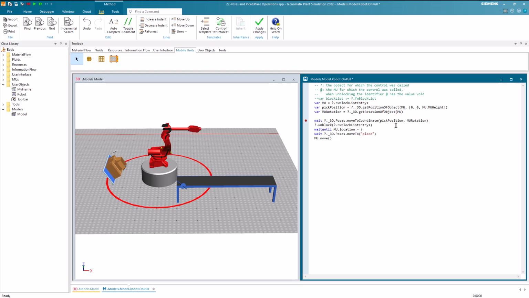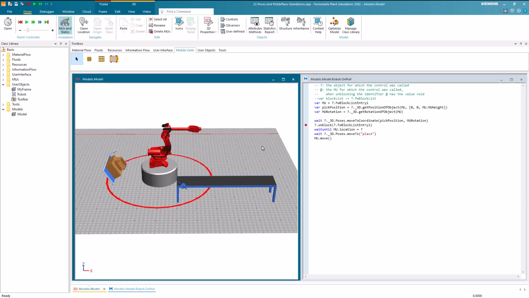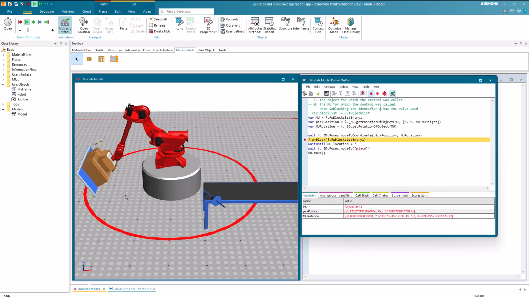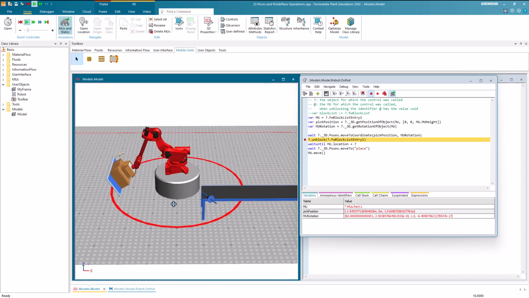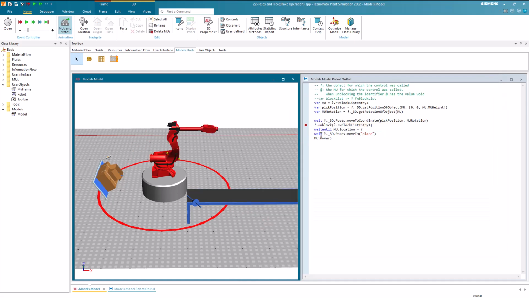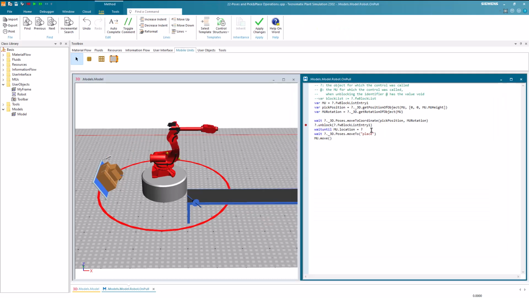Now we place a breakpoint at the next line, save our changes and let the simulation run. As you can see, the robot perfectly moves to the part and also considers its rotation when picking it. Now let's consider the placing pose. We can once again explore an alternative approach to the poses. Here the task is to determine where we should position the part. To accomplish this, we create a variable, which we will name drop position.